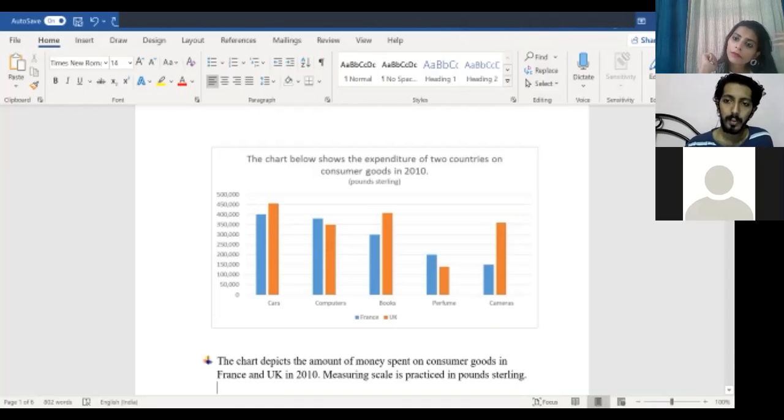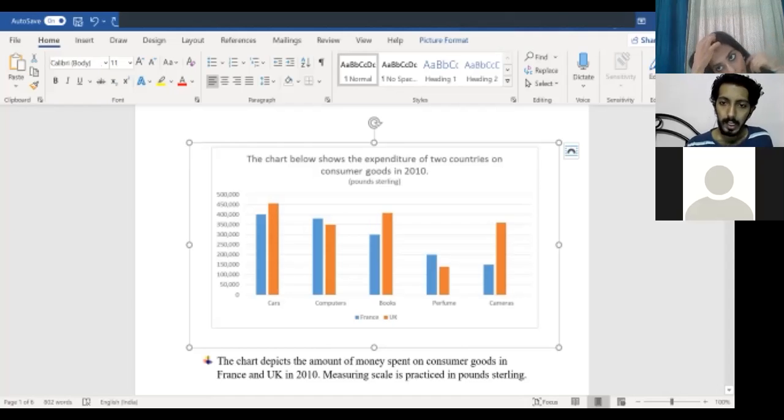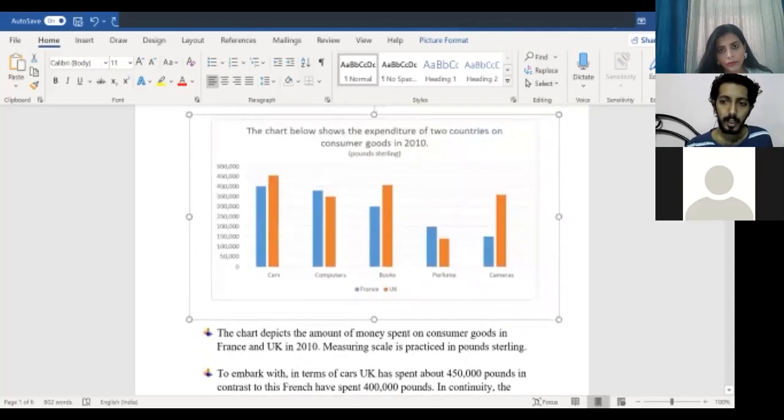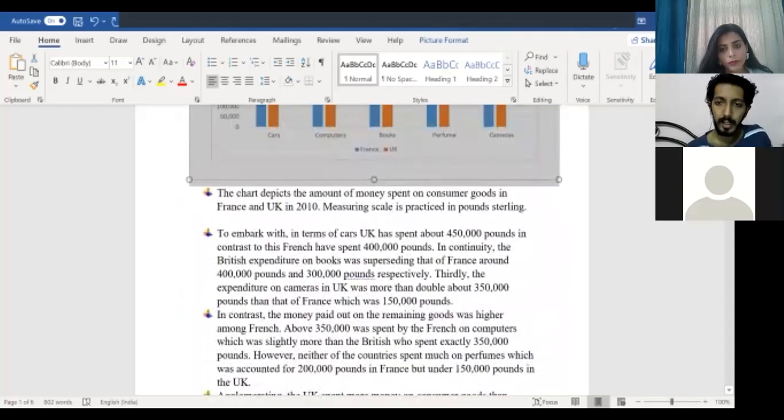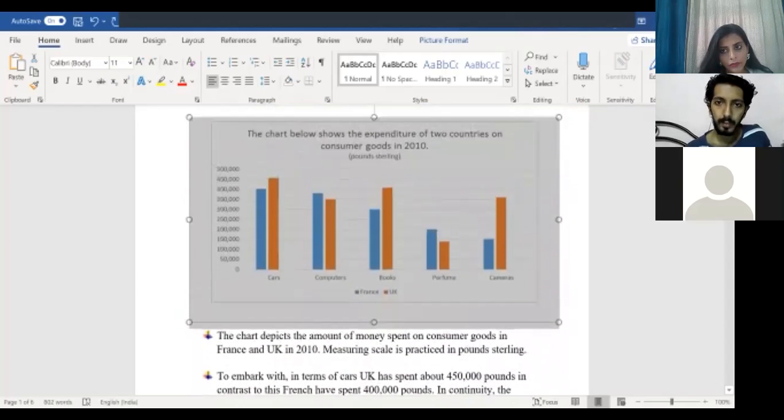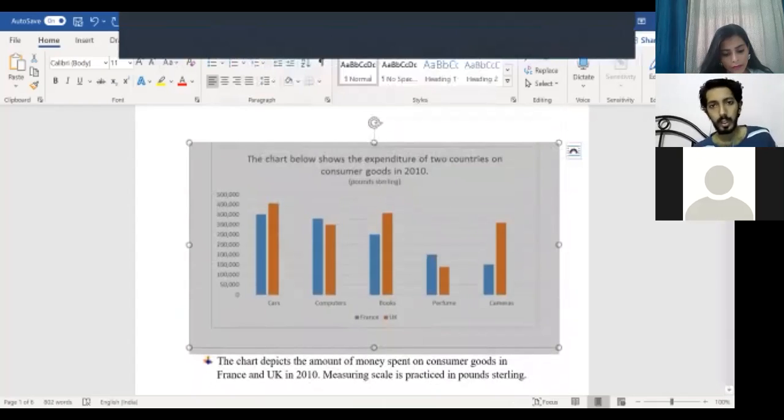So the most significant thing in this question is 2010. It is set in the past, so 100% of my whole task 1 has to be written in past tense. Nothing in present tense or future tense. All of that would mess up your coherence and